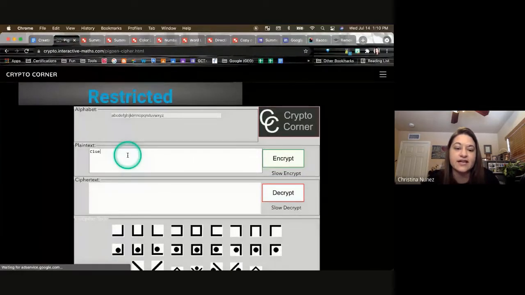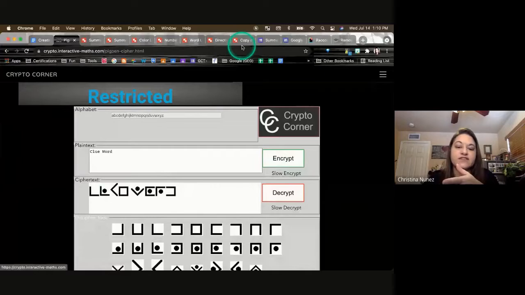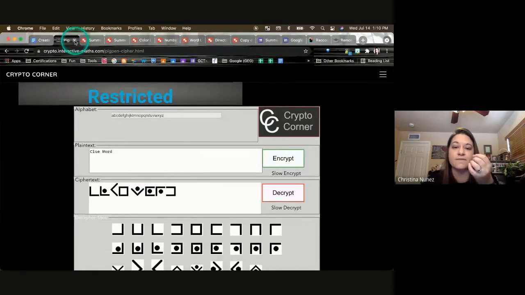And then when you use it, it's going to make an image, and you can just screenshot that image. And so boom, you have your code. So whatever you want it to be, there's a whole bunch of links to different digital ciphers that you can go ahead and use for those types of activities. And the last one I made